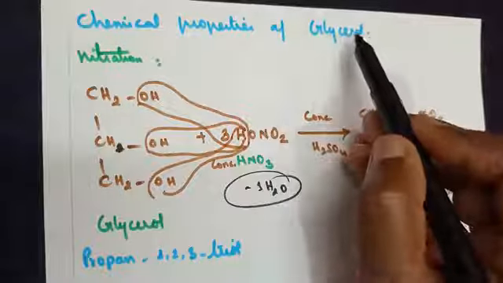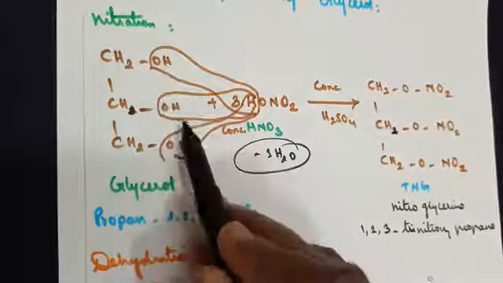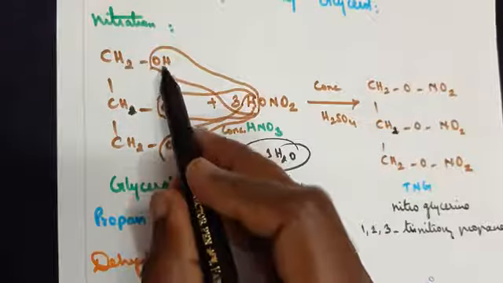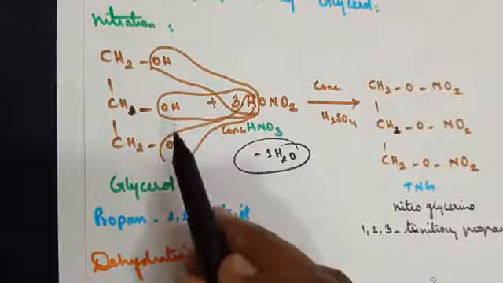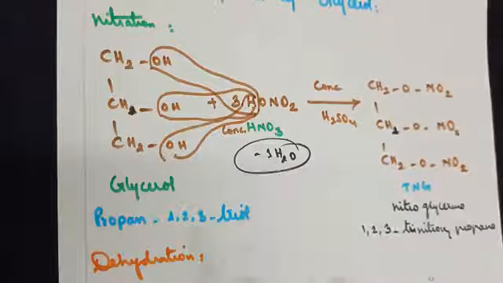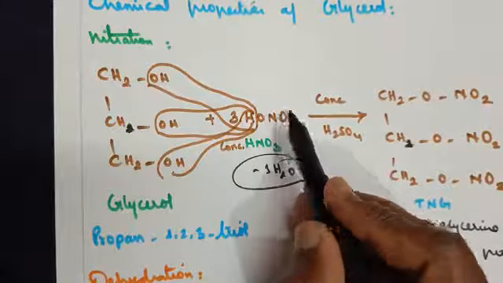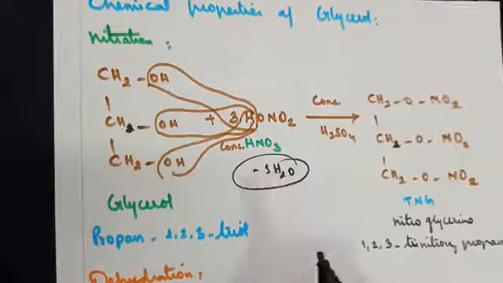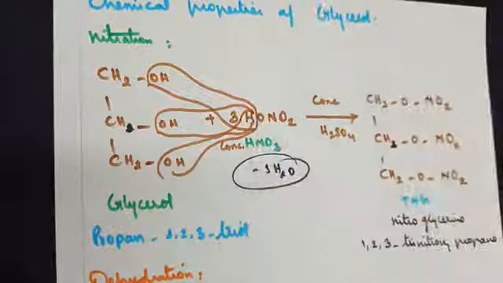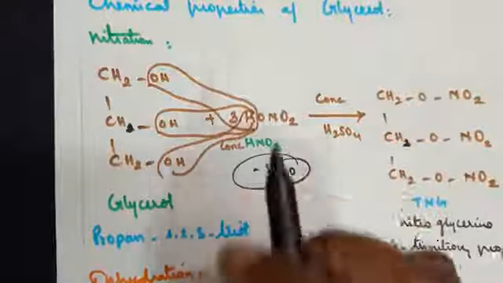As you know, glycerol has three carbon groups and all the three carbon groups have a hydroxyl group. So removal of water molecule is shown. One water molecule from here, one from here, one from here. So together we need to account for three molecules of water to be lost here. So nitric acid I have split and written to show the easy manner of removing a water molecule. HNO3, you can also write it as HONO2. OH from here, hydrogen from here forms one molecule of water.